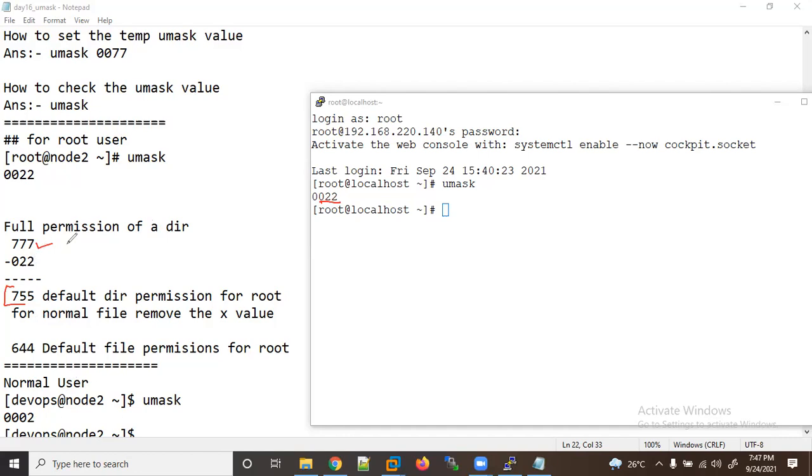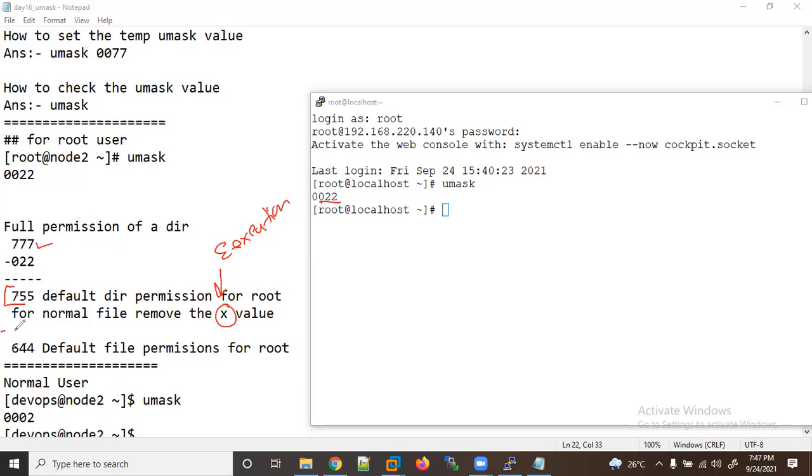And in the last lecture, we discussed that for a directory we give X, execution, but we remove execution for a normal file. It means I need to remove the X value, that is 1. So if I remove the X value, it becomes 6, 4, 4.